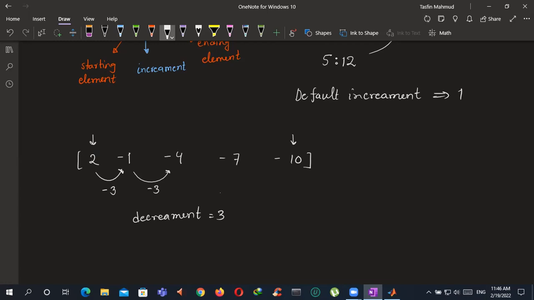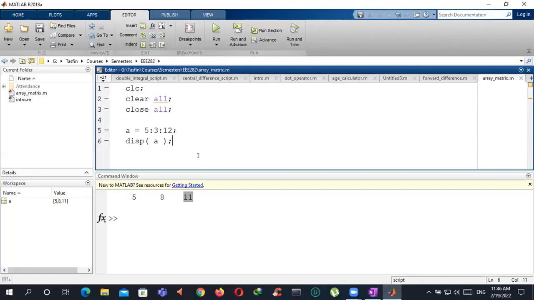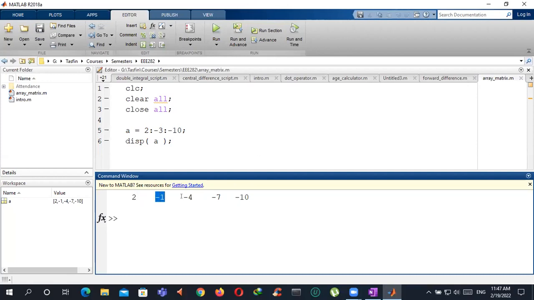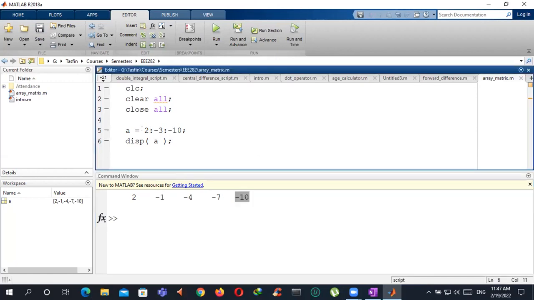So if we want to define this type of arrays, we can simply write it in this manner. We are starting from 2, we are making a decrement of 3, so I'm putting a minus sign here explicitly, and we will end at -10. So if I run the code once again, then we will get this array, okay, 2, -1, -4. So decrement is also allowed. Just make sure you are putting the minus sign explicitly, and you are defining the starting and ending element properly as well. Okay,